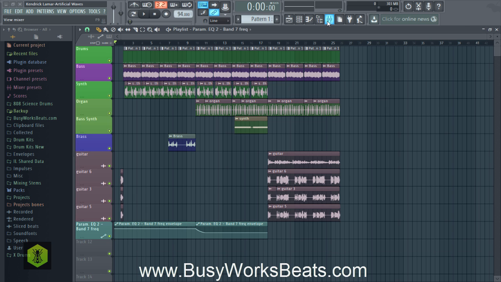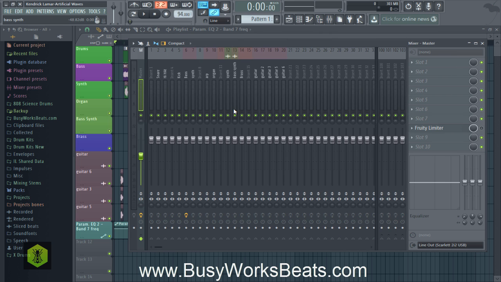Okay, so now we're going to preview this project file without any mixing. So let's open the mixer. I'm going to turn the volume down for the master just because I don't want it to clip. And also be sure to turn off that Fruity Limiter plugin, because you don't want to have the perception that a song sounds good without it actually sounding good first. So I reset all the knobs, I reset all the volume faders, and I turned down the master. And here's what it sounds like unmixed.